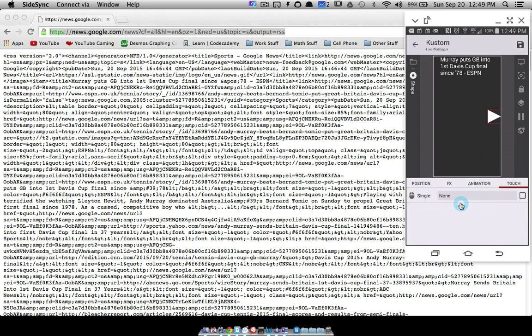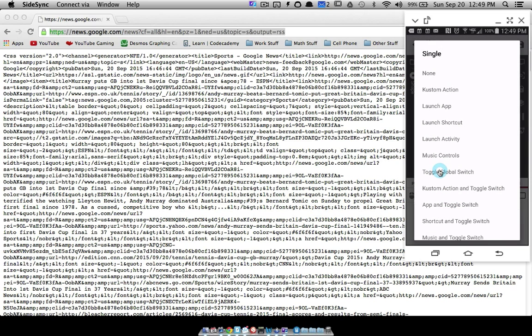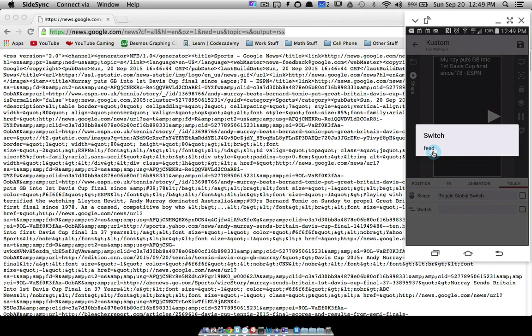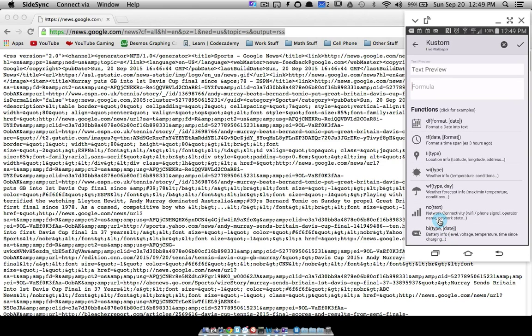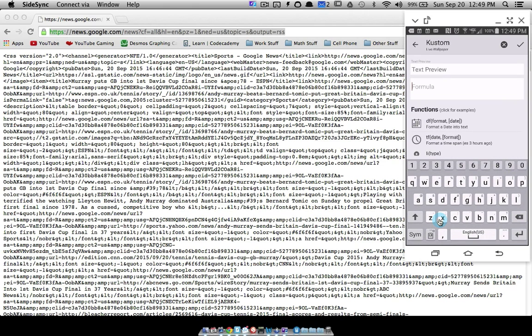Now let's establish a touch on this thing. So when we touch this thing here, I want to go up in my feed count. So therefore, choosing toggle global switch. The only global switch I have is feed. And here's what we want to do. So I'm going to go to my phone to type this in. $symbol, and we're going to say if